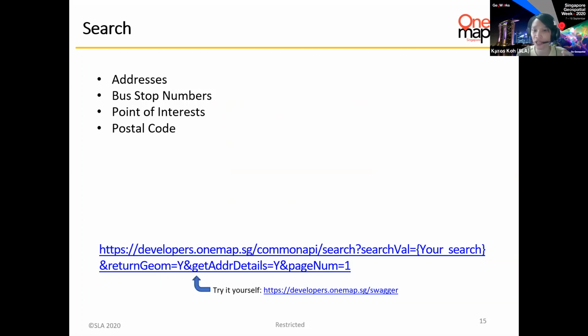So you can use the Swagger, or if you are using Postman, you can enter this endpoint. For example, your search value is, let's say, Revenue House, you can straight type some partial address over there, so you can get the result. Later I will show you the walkthrough using the Swagger online. So the Swagger link is below,